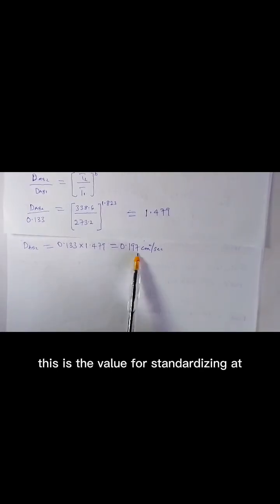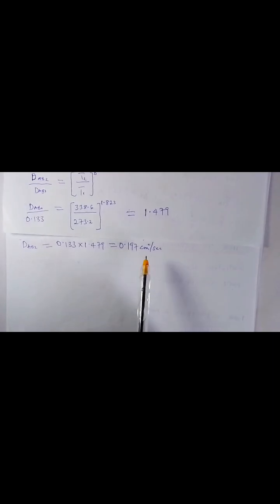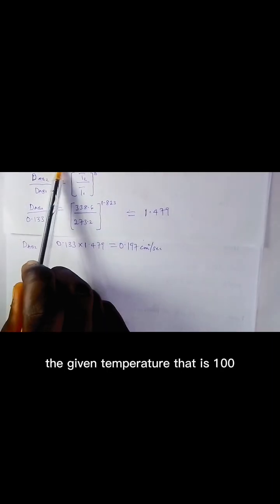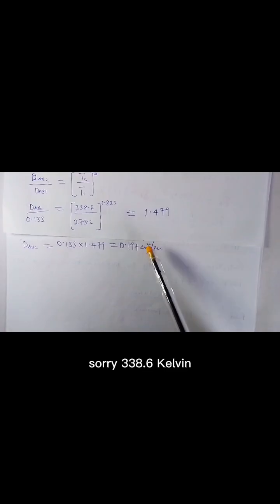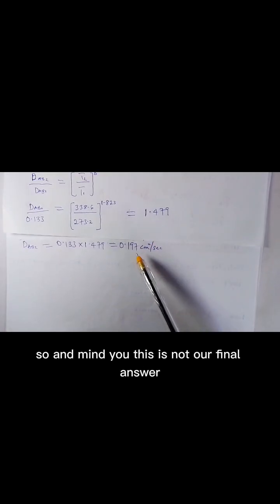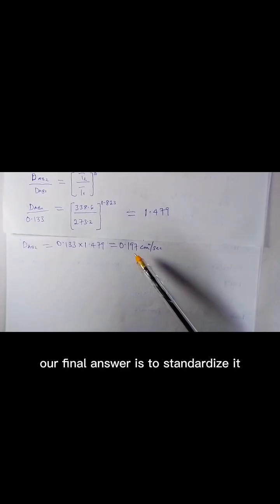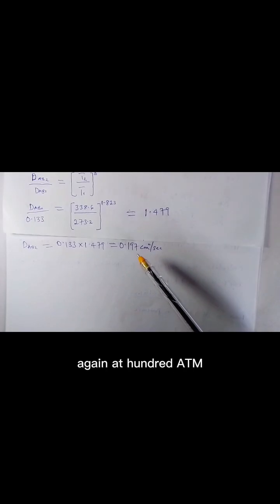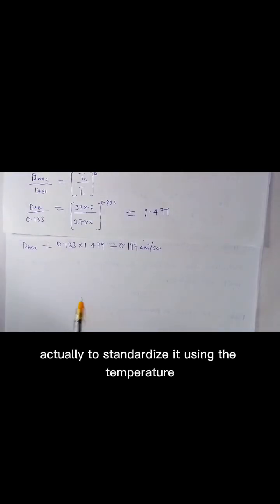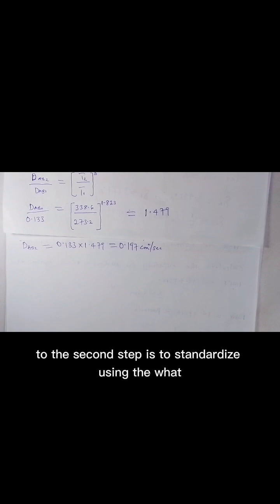This is the value for standardizing at the given temperature, that is 338.6 Kelvin. And mind you, this is not our final answer. So where we are going to find our final answer is to standardize it again at 100 ATM. To standardize it using the temperature is the first step. So the second step is to standardize it using the what? The pressure given. And the pressure given is 100 atm, that is